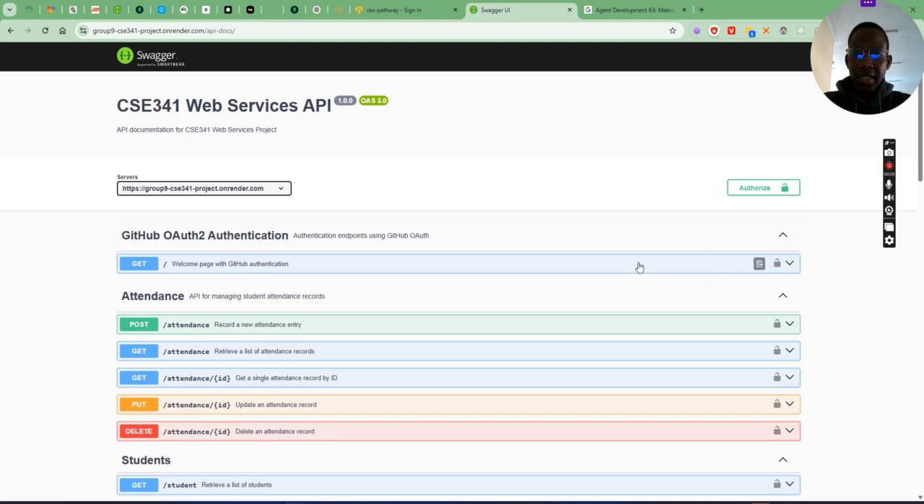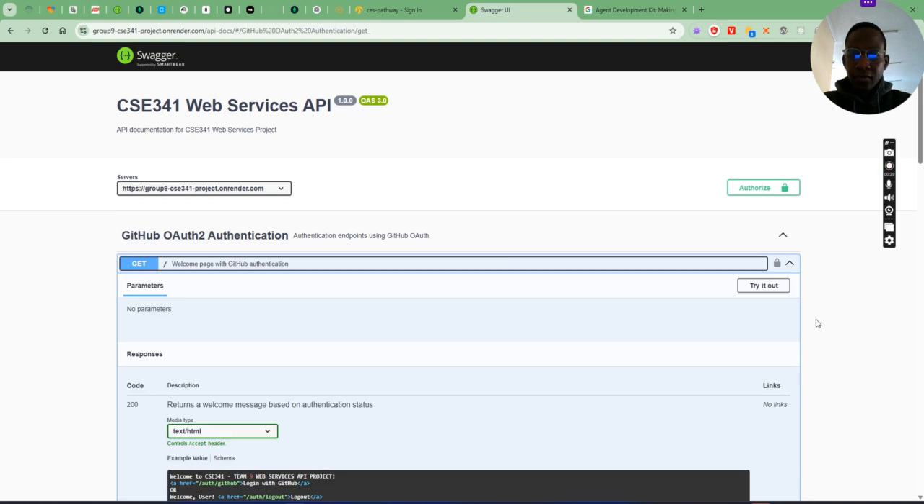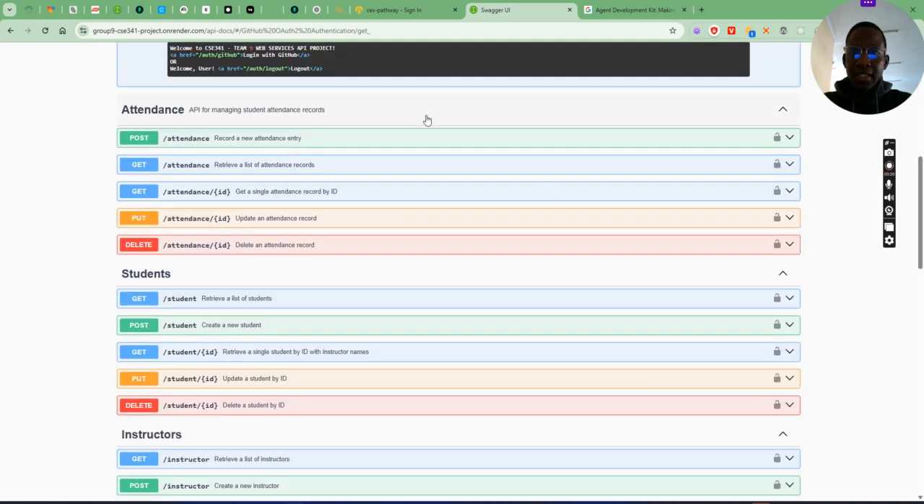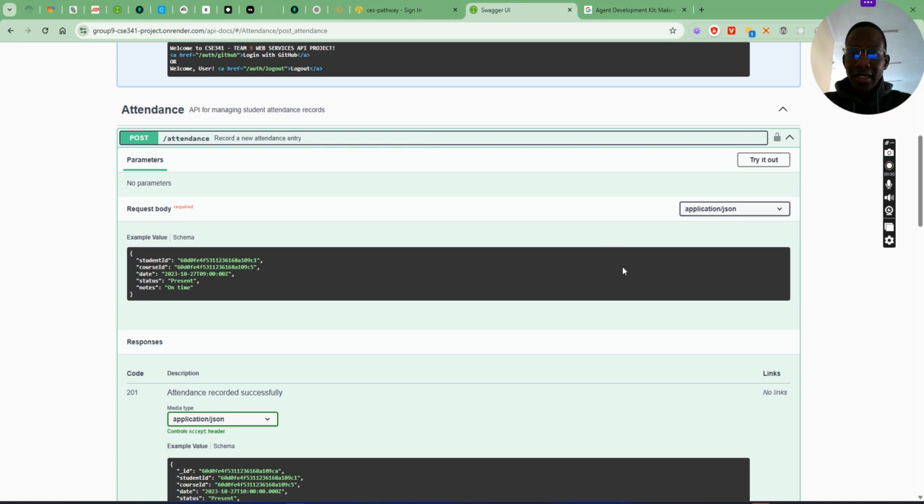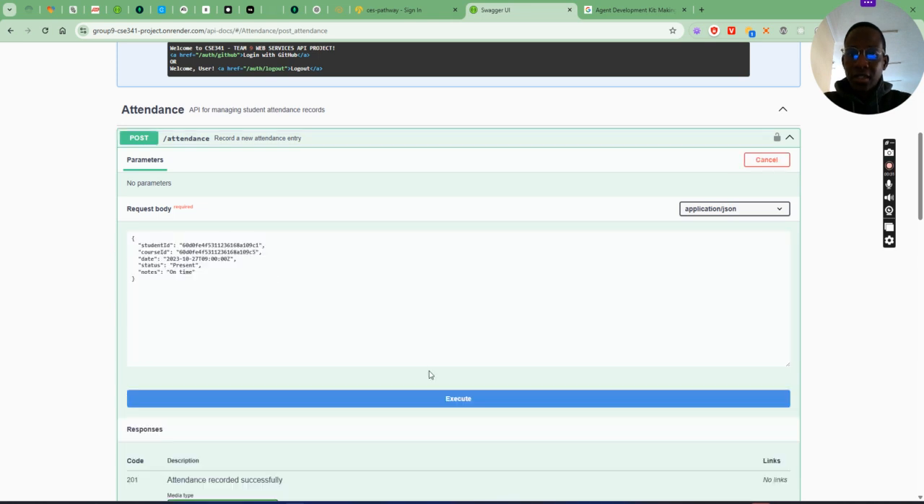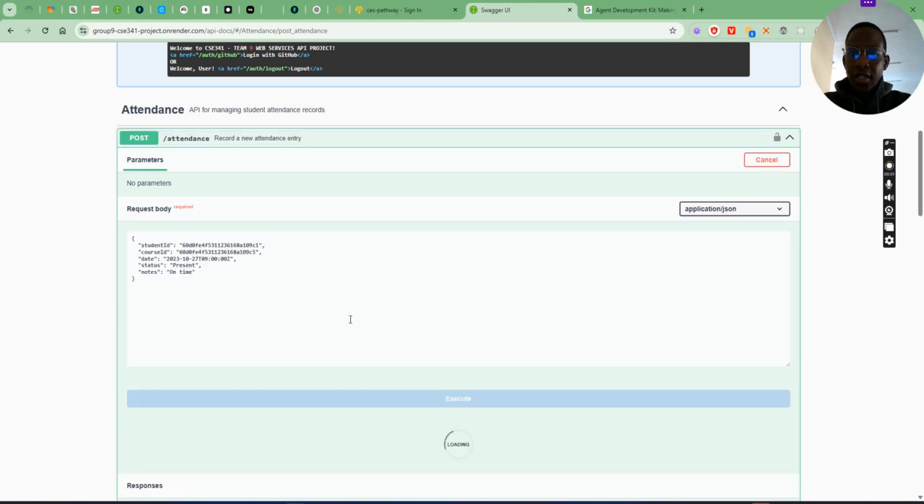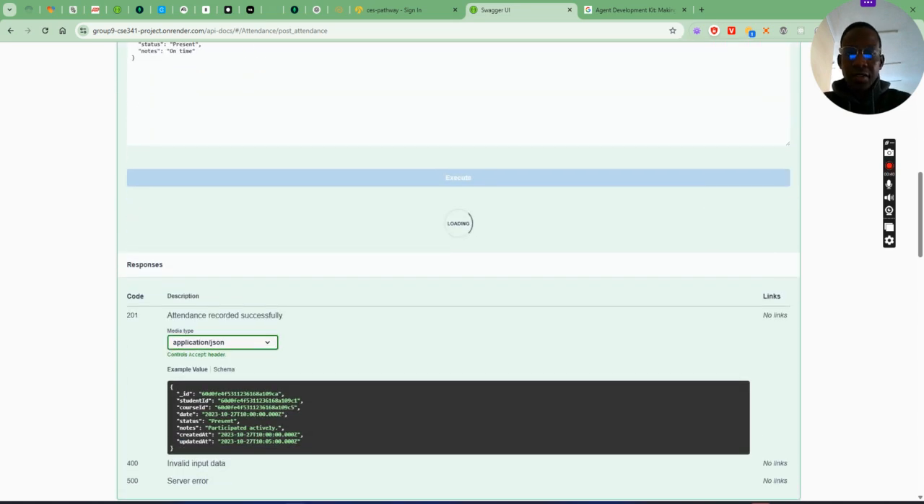For instance, let me go to attendance and see if we can record a new attendance for a student. I'm just gonna execute right here to see if that student attendance record is created, and let that load for a while. So as it is loading,